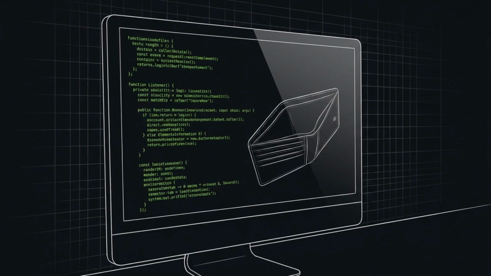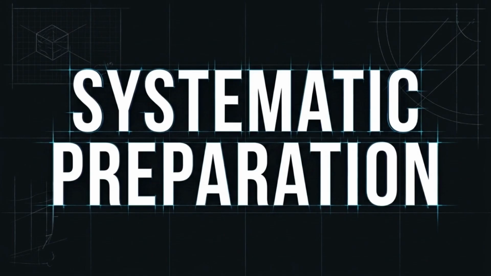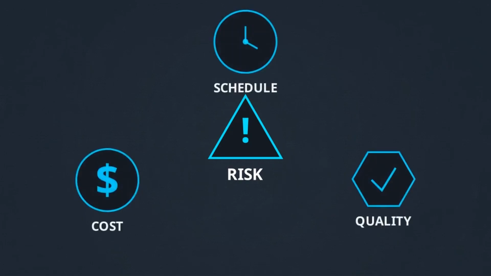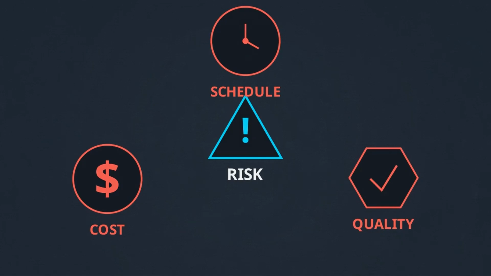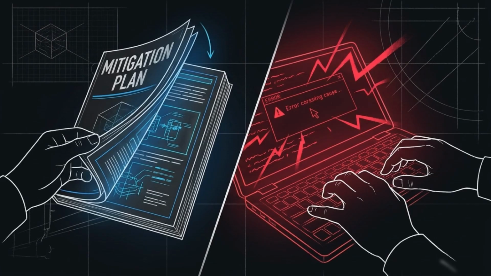Writing flawless code is insufficient if the project runs out of money or loses its team. A project's survival demands a systematic preparation for these future failures, and this preparation is called risk management. A risk is the quantified possibility that an unwanted event may happen in the future and negatively affect the project's cost, schedule, or quality. Students and even experienced engineers frequently fail by conflating a risk with a problem. They require 2 entirely different operational responses.